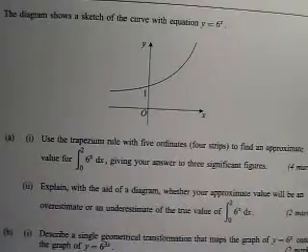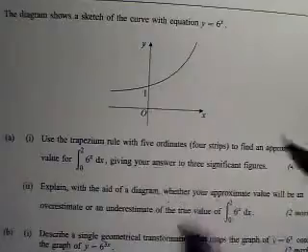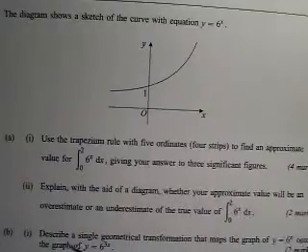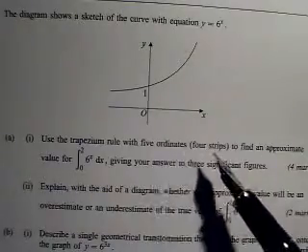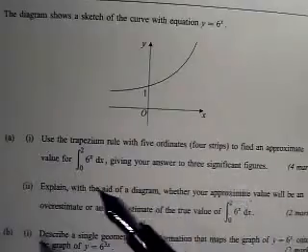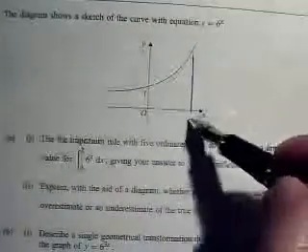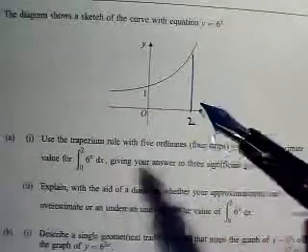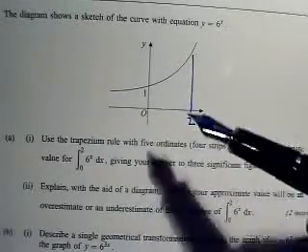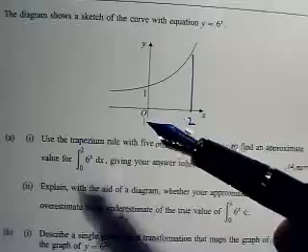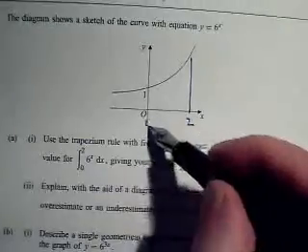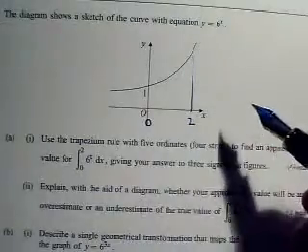So all we've got to do is, if it didn't give us a diagram, we'd draw one with any old squiggle on it. We need to show our 5 ordinates and 4 strips. So we've got to start from 0 and end at 2. And what you need to do, and I won't do it for you, is chop that into 4 strips. And there should be 5 x coordinates starting with 0 and ending at 2,